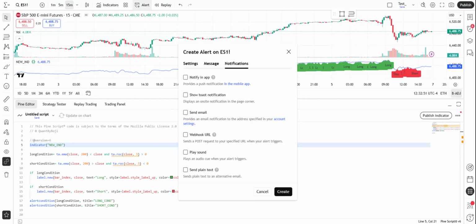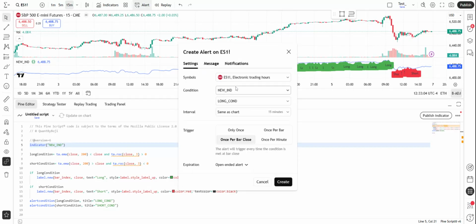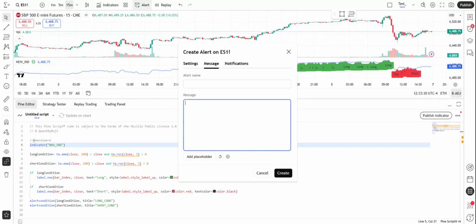What is the message that we are sending off of our TradingView to our trading platform? That goes here. So this message that goes here, right? Depending on your condition, this message changes. So now that we are making a long condition, we need to send a message that contains